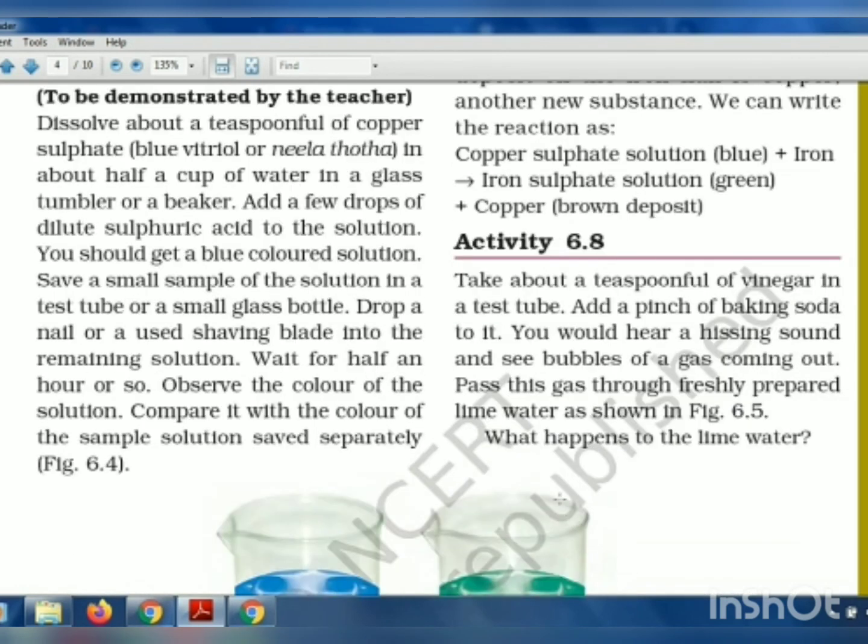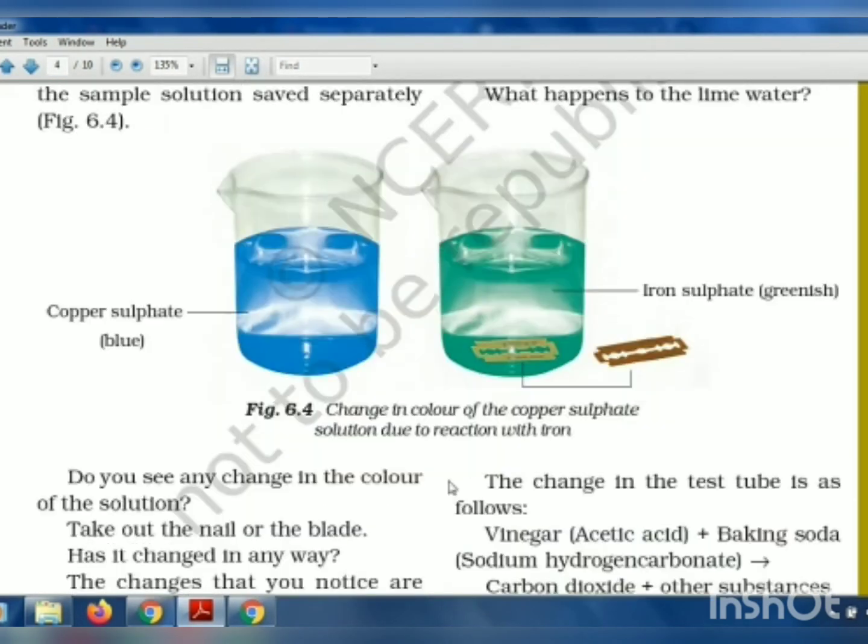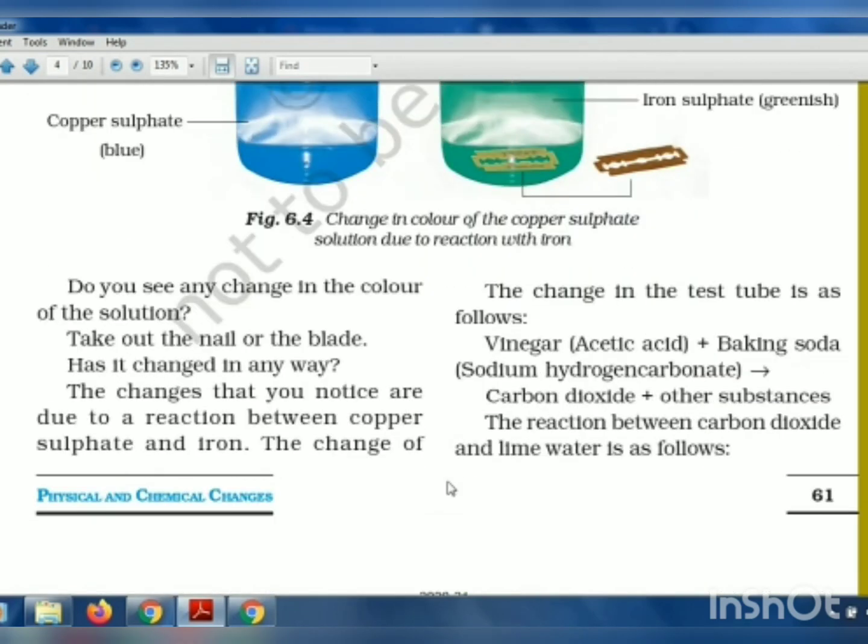Now next we have to take a teaspoonful of vinegar and add a pinch of baking soda into it. You know that when you add baking soda to vinegar, you see bubbles coming out. Now you have to pass that gas, those bubbles coming out, through freshly prepared lime water. So when you pass it through the lime water, what will happen is,